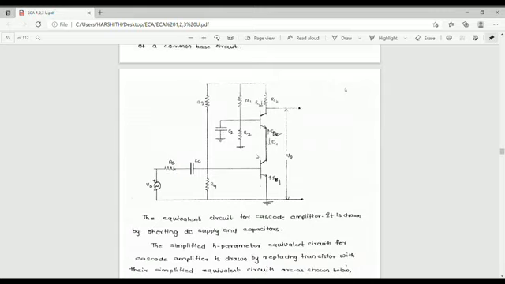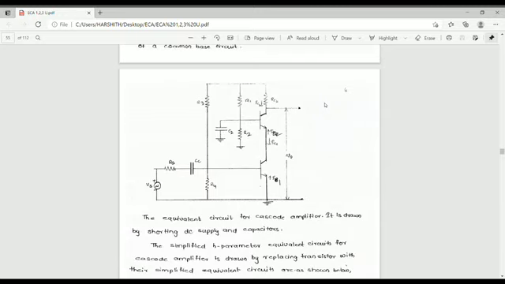For the DC bias conditions of the circuit, the emitter current for T1 is set by the emitter resistance. So the emitter current of T1, the first transistor, which is the CE stage, becomes IE1, set by VE1 and RE1.